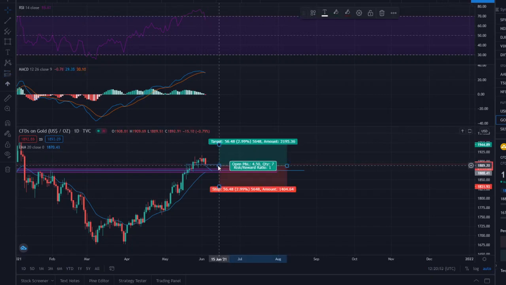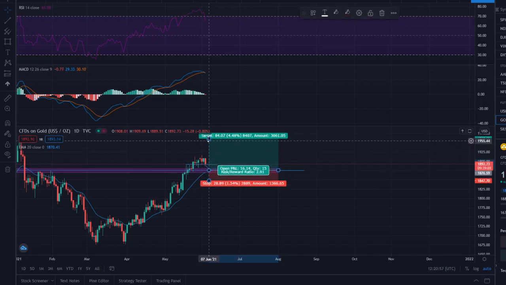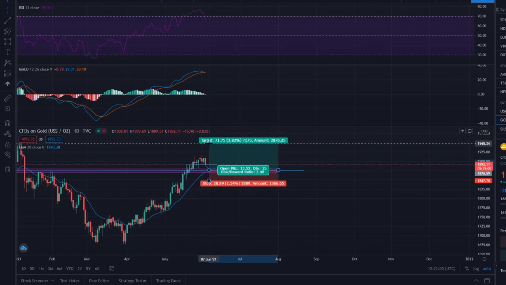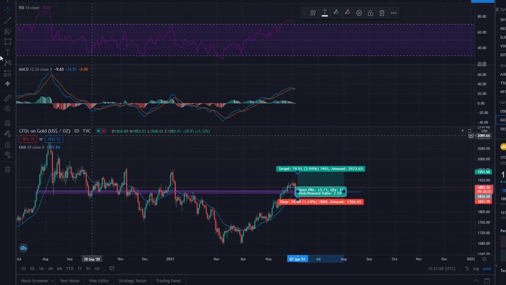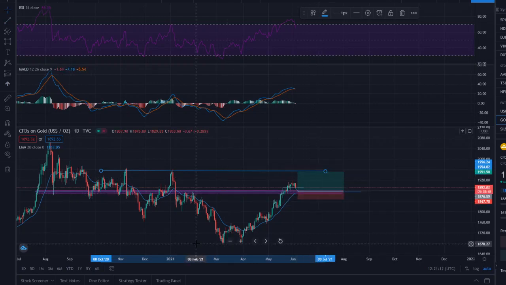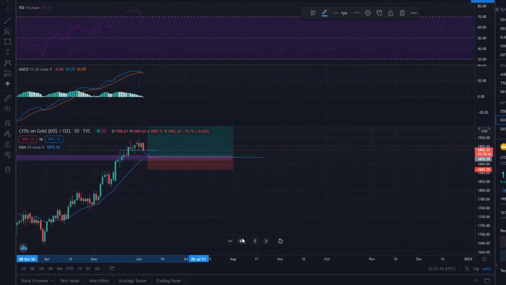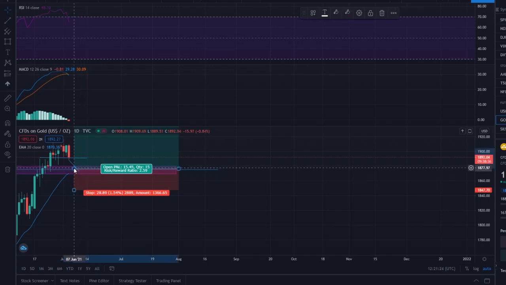So as for the trade, it would look something like this. Let's target the previous highs at 1950 or maybe 55 or whatever, doesn't matter, because we still have a risk reward of even above 2.5 with a stop loss at 1850. The entry is around 1876. Let's make it 75 just so it looks nicer. Maybe something